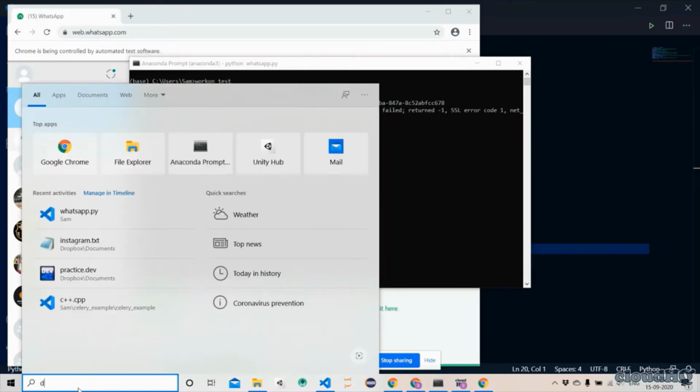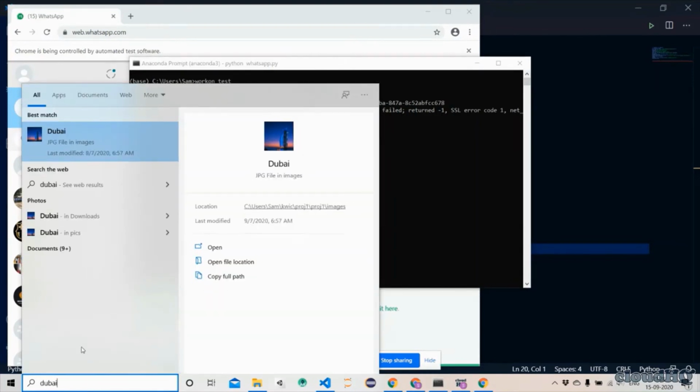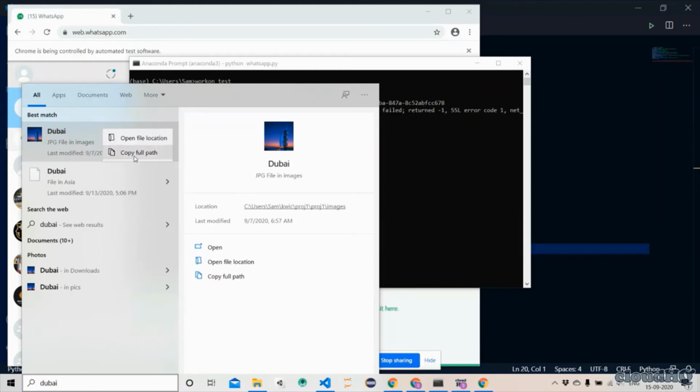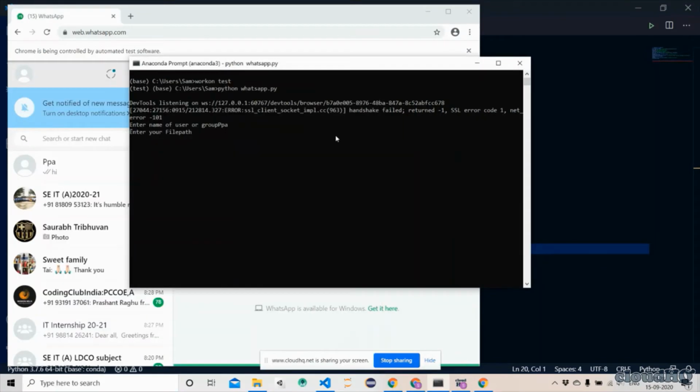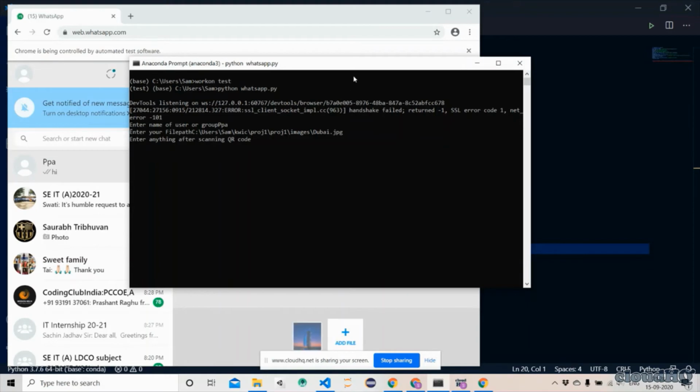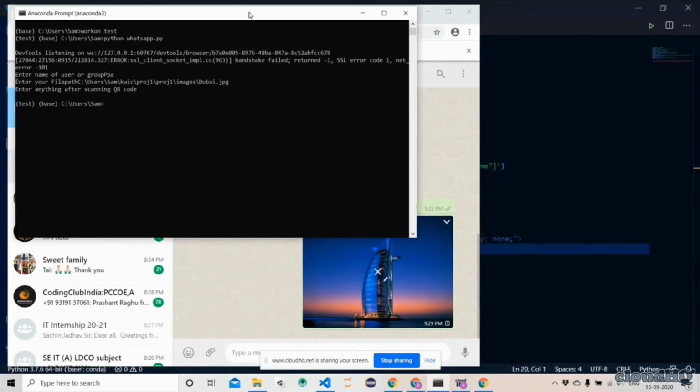Suppose I want to send the image, so that image file path I will copy and just paste it here. Enter anything after the QR code. I have scanned the QR code and the window is opened. Okay, so now just look what happens. Yeah, you can see that the image is sent to that person, right? So now this is working.